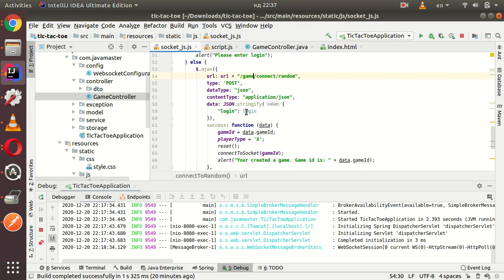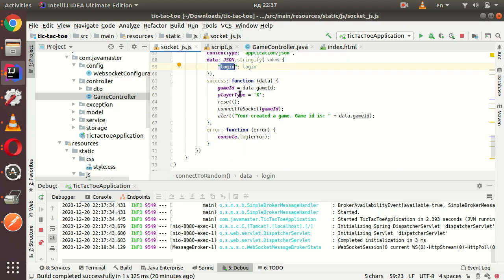And it also going to pass a login, and that's it. And in the response, this player type is going to have an O, because he just connects. The X created the game, and O just selects the next available option, like X and O. O is the last option. And we don't need this alert, we just need to get an alert like